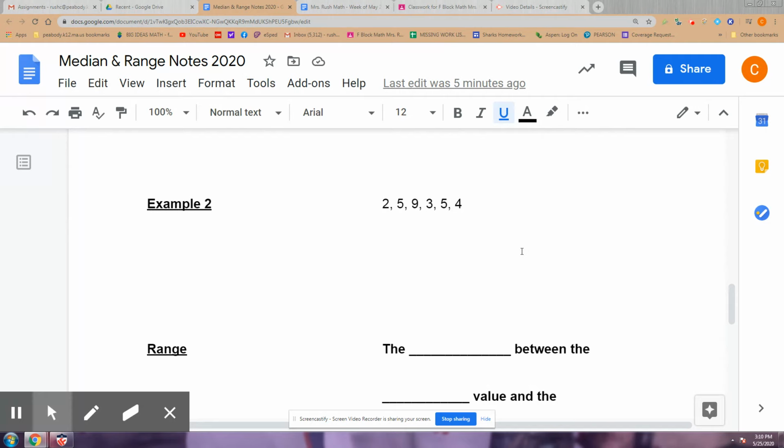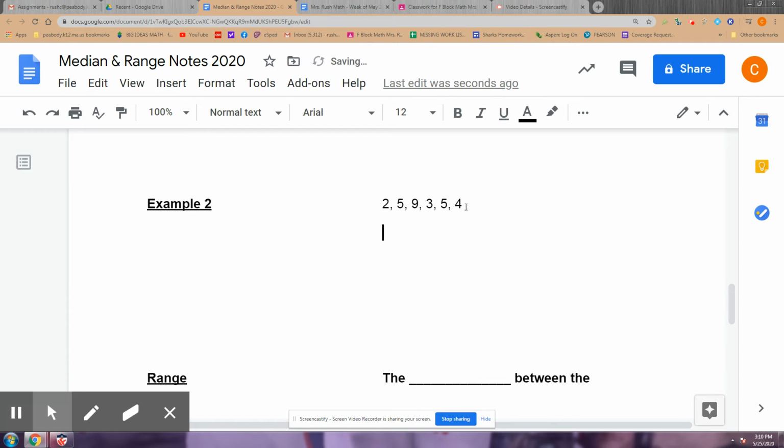So before we dive into the range, I'm just going to finish for you example 2 on finding the median. So remember, step 1, when they give us a set of numbers, like right here, we have to order them from least to greatest. So I'm going to order these for you guys. So 2 would come first, then 3,